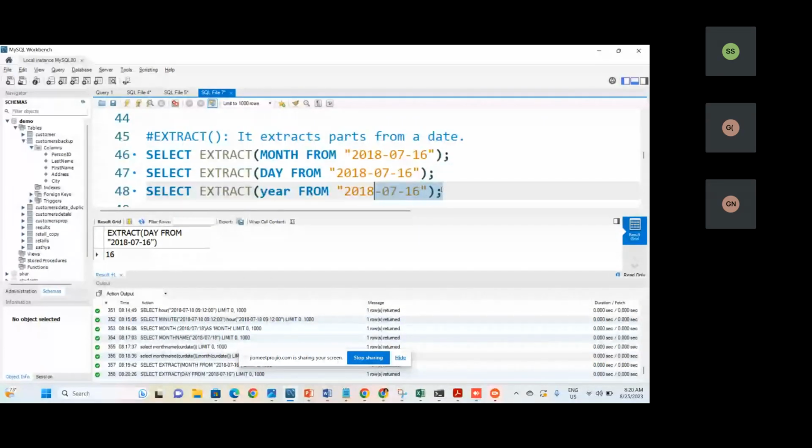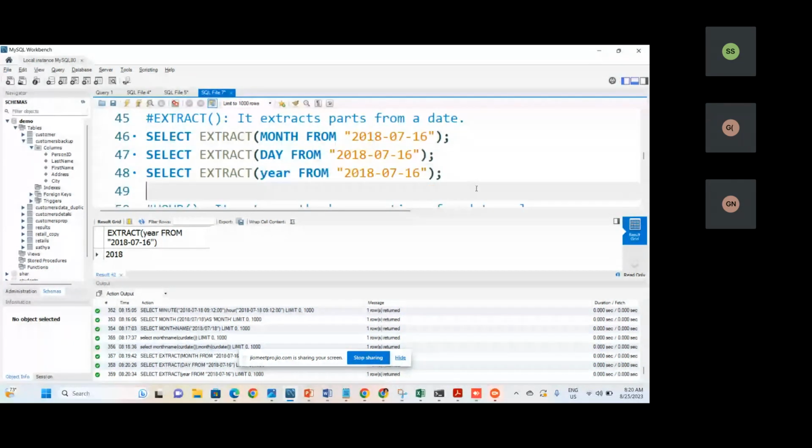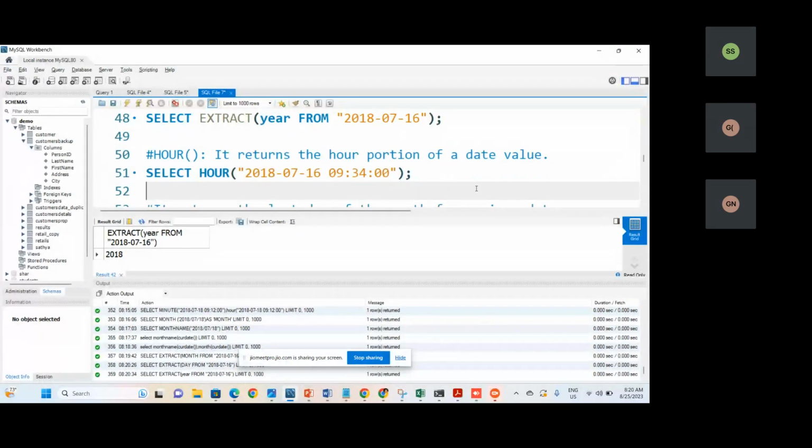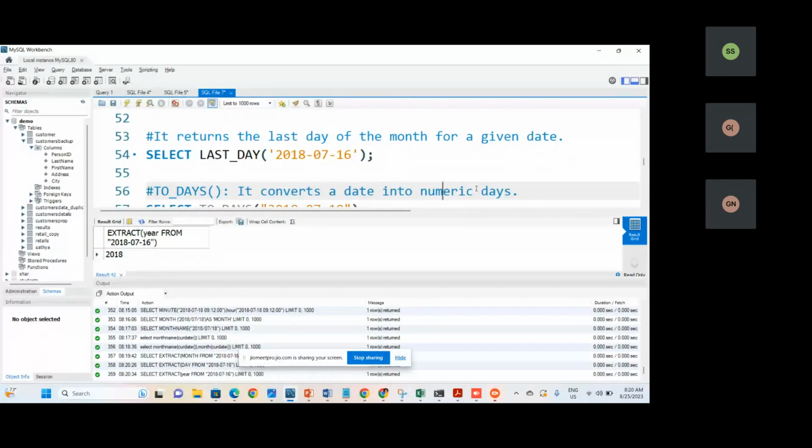Same for the year as well. For the year, it will fetch the year portion from this particular date and return it. That is 2018. This is how we can extract any portion of that particular date. However, we have already discussed